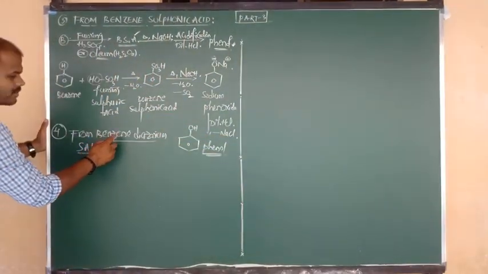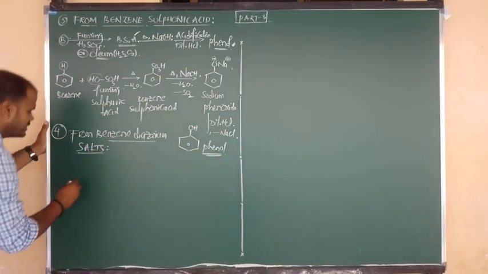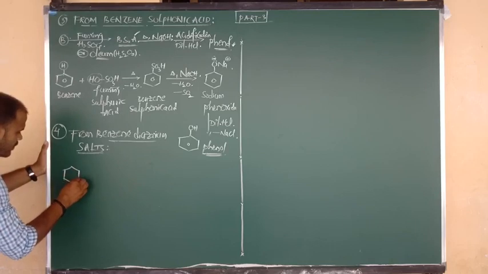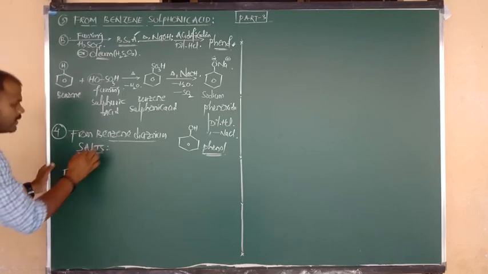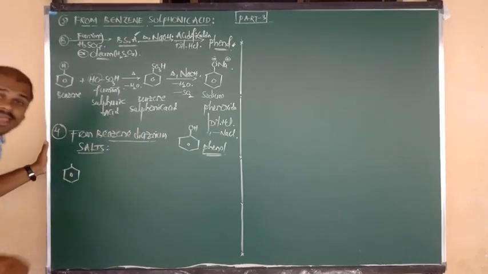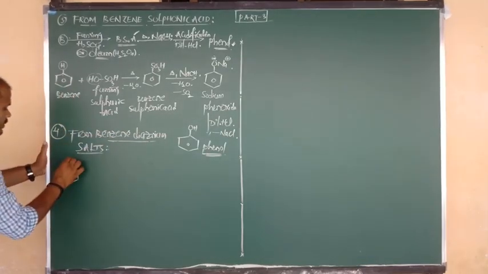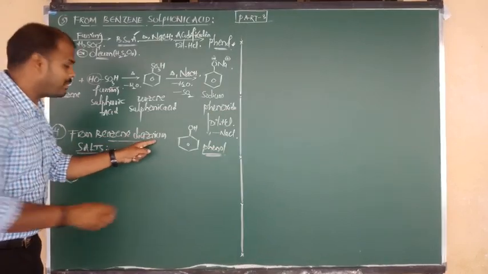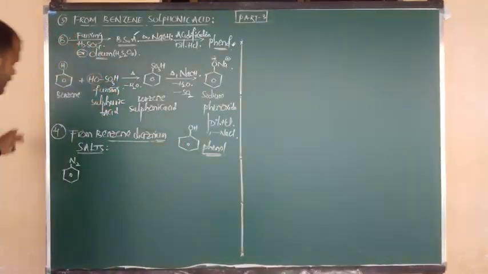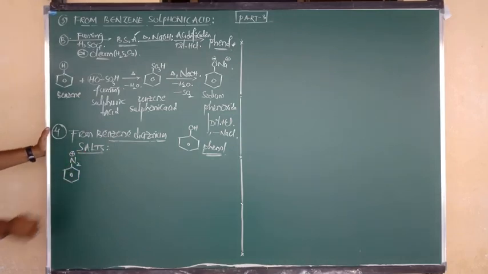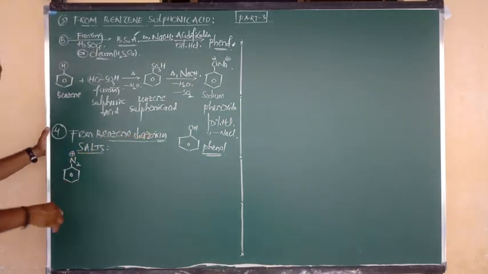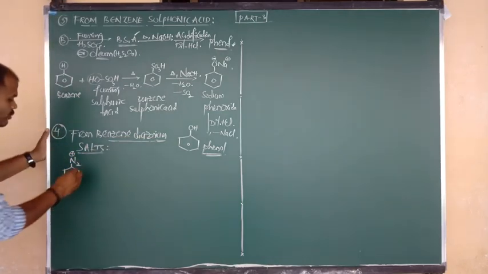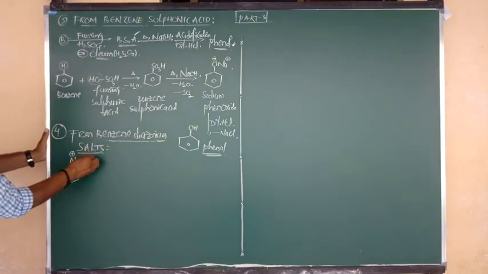I am going to show the reaction. First of all, let us see the formula of benzene diazonium salt. I am going to draw the structure: benzene, diazonium. What is meant by diazo? N2 is called diazo. And ium means it contains the charge plus. Here we say salt. Salt means it contains plus and minus. Next we write the minus form, this is Cl minus.